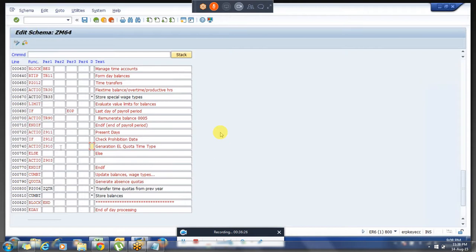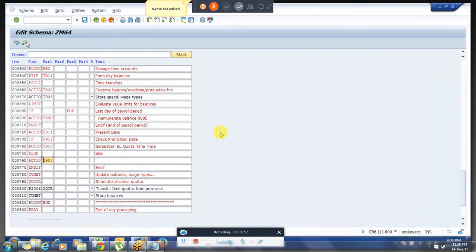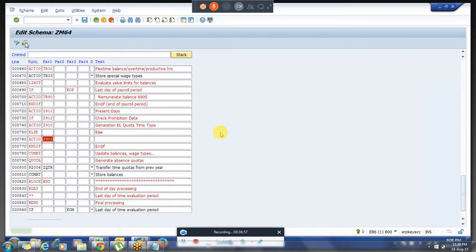Do one thing. If you run now, we will get some number. We'll do one thing. I'm going to create the second one also, because if we run the schema, if you check this schema, the second PCR is not there, right?